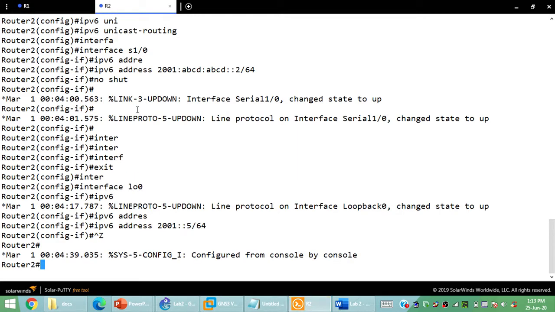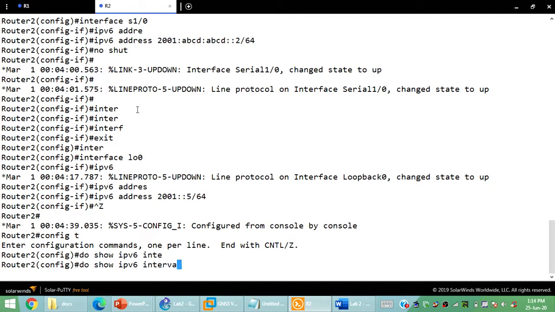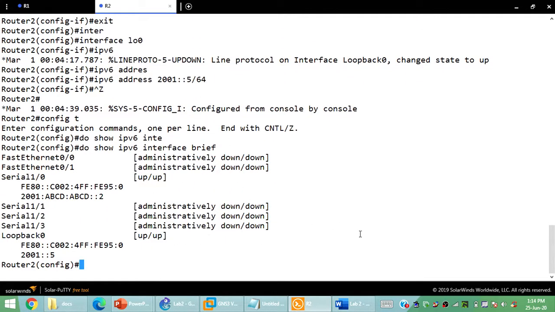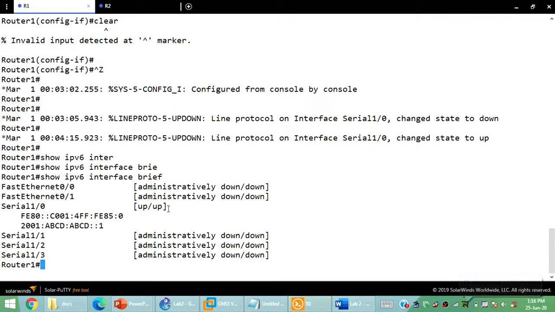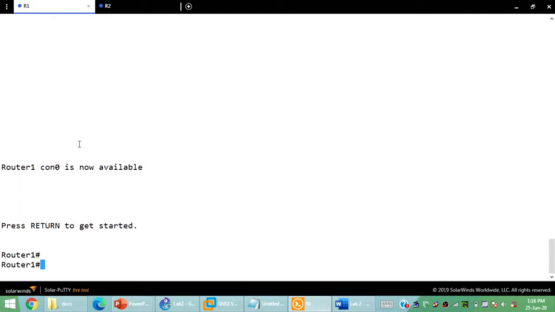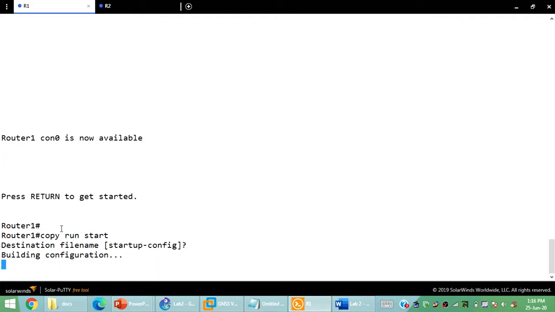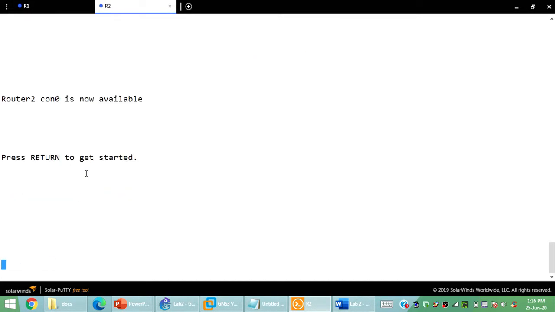Great. And the similar command, let me go to the configuration mode, and in configuration mode we need to add one more term: do show ipv6 interface brief. Fine. I'm just going to type it, and you can see all these details. All the commands are working fine. So I'm just going to once again save the entire configuration to the router, so whenever I come back I get the same routing configurations in one go.